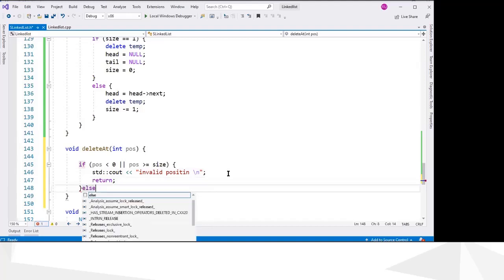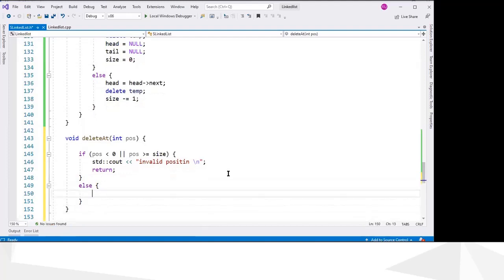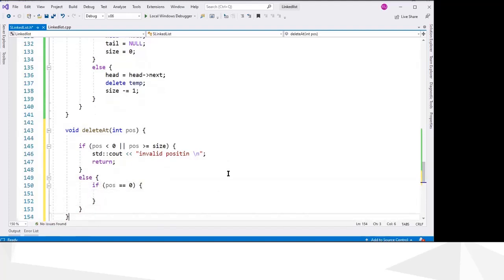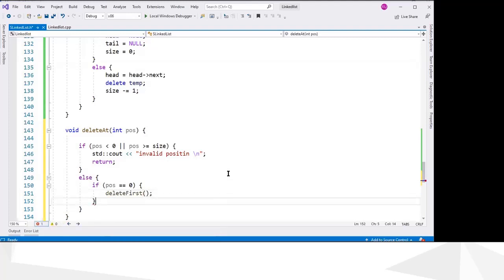Else, that means our position is correct. Now this can be 0 or size minus 1. So if position is equal to 0, that means we are deleting the first node. So this is a different case, and we can call our delete first function. So we don't want to write this now.